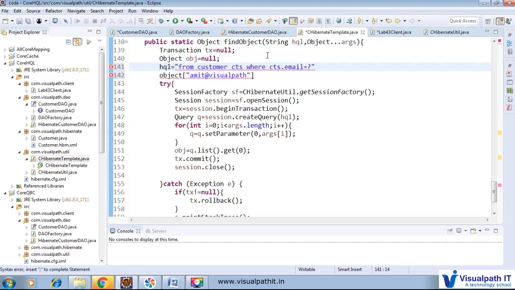So these two parameters: the HQL, from Customer cts where cts.email equal to something, and in the object we have only one value, Amit@visualpath.